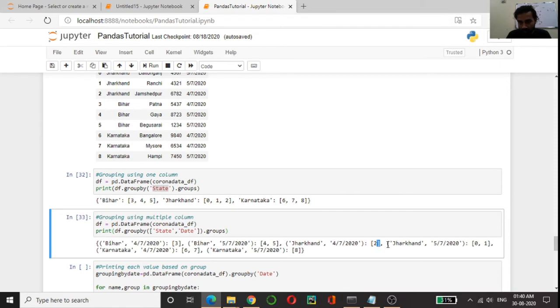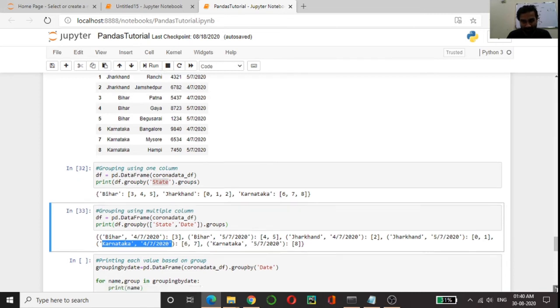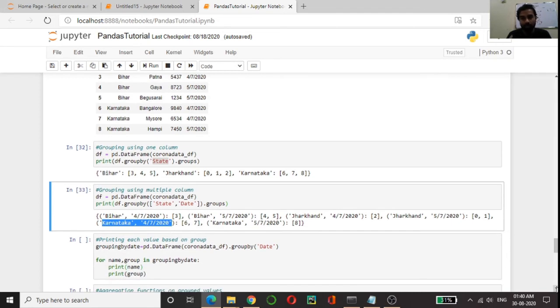And Jharkhand with date 5/7 has values on index 0 and 1. Similarly Karnataka with date 4/7 has values on 6 and 7, and Karnataka with date 5/7 has a value on 8. So this is basically grouping of the unique things together, or grouping of the similar things together.